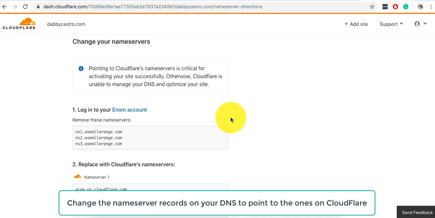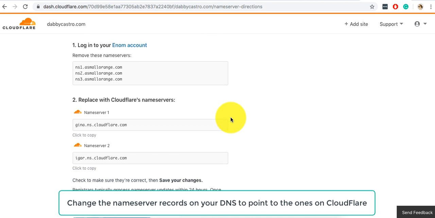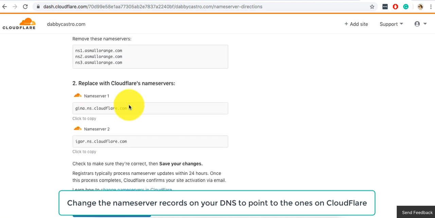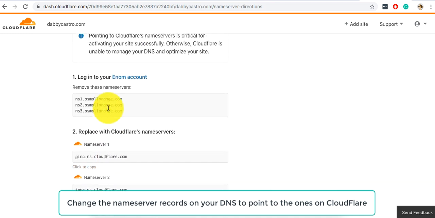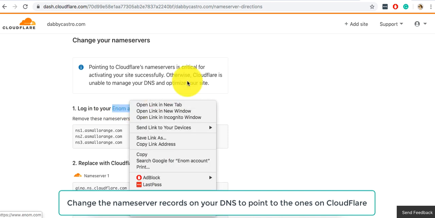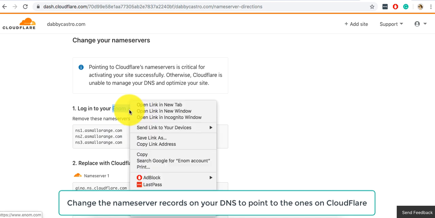Now, Cloudflare will give you instructions to change the DNS, change the name server of your DNS, and change it to the name servers of Cloudflare. So in a way, instead of pointing directly to the hosting, it will point to Cloudflare. Okay, so what I'm going to do is from here, I'm going to change the name server. So my domain name, dabicastro.com, is hosted or registered on Enom. So I'm going to go there